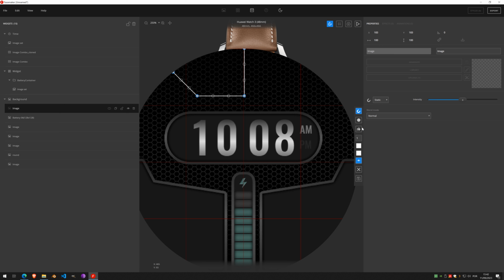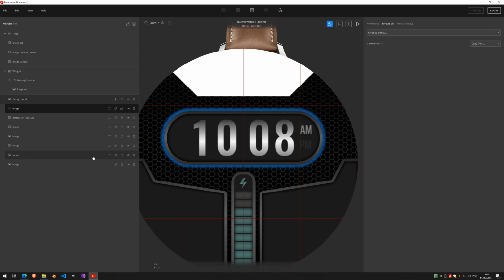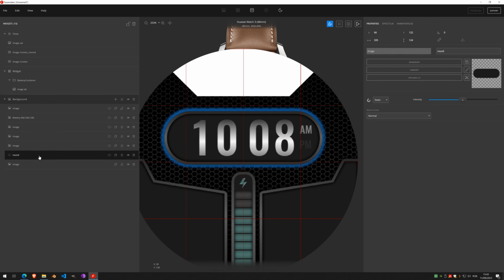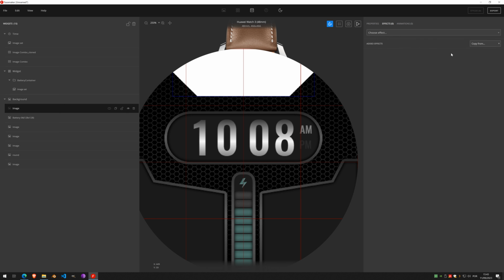And now we can fill, save, and effects, mirror, horizontal, and apply. And now we can even copy the effects from here, from the round one. So this should be as easy as selecting, well, I don't think this is, yeah, it has, so it has to be here. Let me just crop the content first, and then here, copy from,